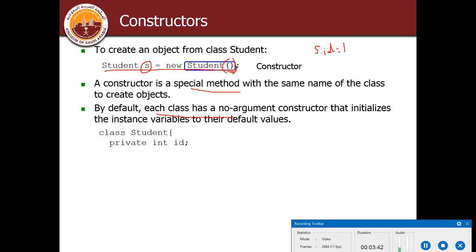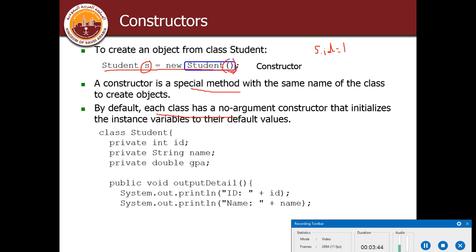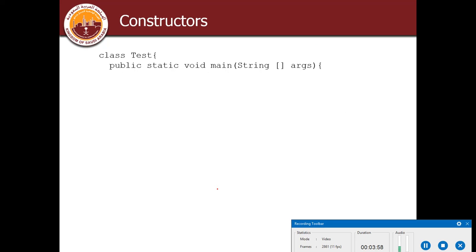So for example, if I recall this code, if we have a class student and we have three variables, ID, name and GPA, and this is the method. Now for example, if I go and create a test class, what is it doing over here? s is equal to new student. It is calling the default constructor or the no argument constructor of the class.